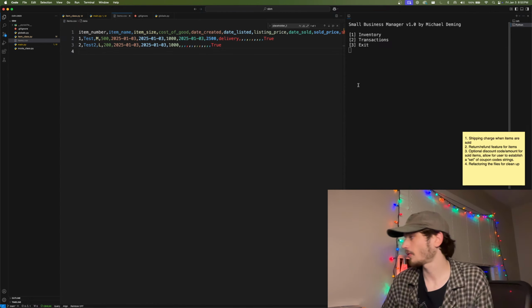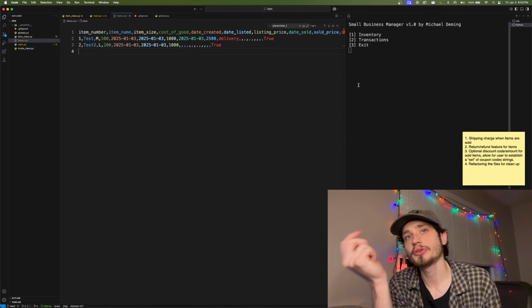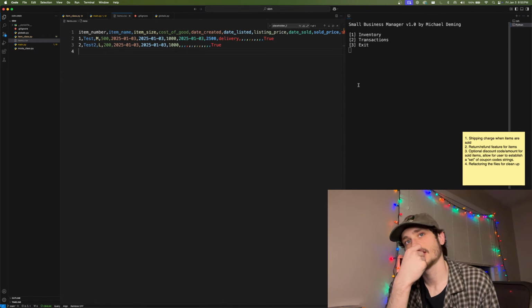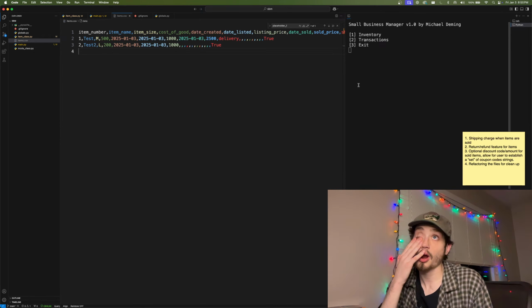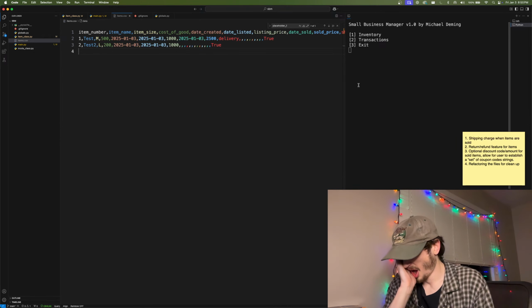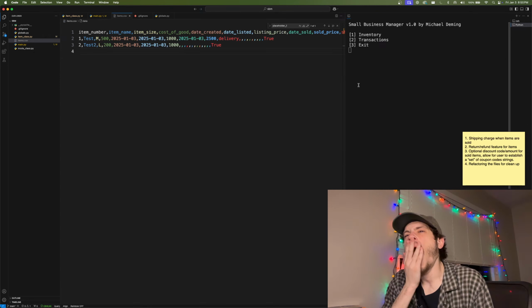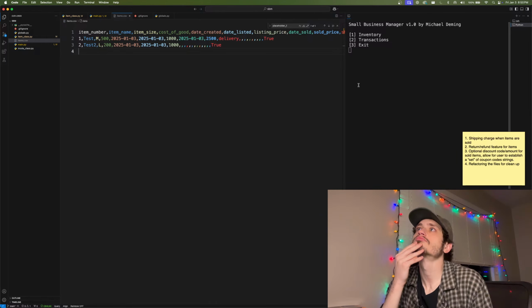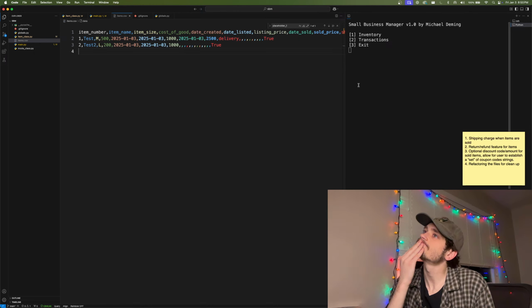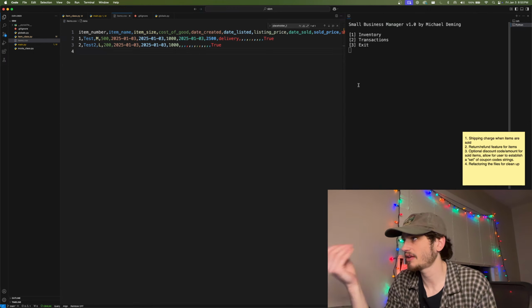Okay, what's next here? So, in a return feature, if the user returns an item, now we have the option to either let the user keep the item or give it back. So if they give the item back,